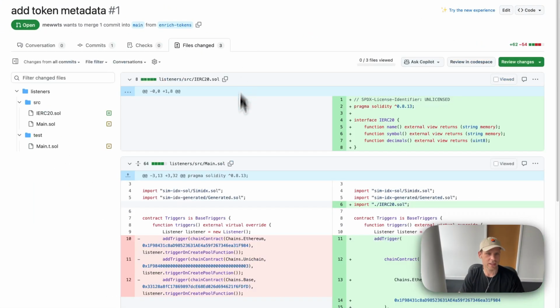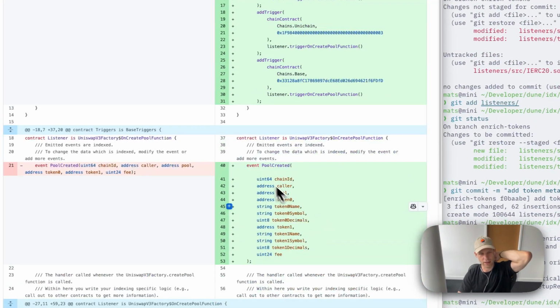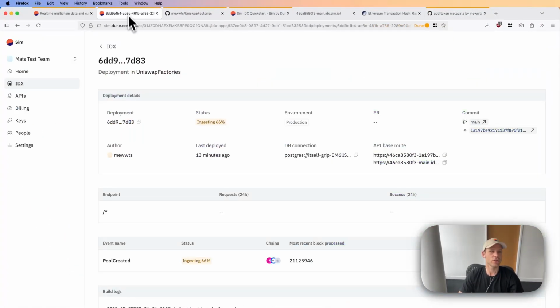So you can see that this PR adds the interface, changes the formatting, but also just makes this pool created event enriched. Now let's go to IDX,